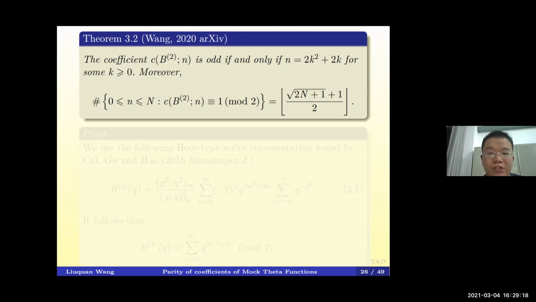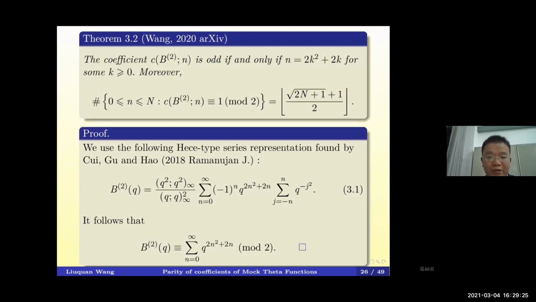As you can imagine, this kind of result is not difficult to prove because the proof is very short. We just need the Heck-type series representation for this function, and this representation was given by Cui, Gu, and Hao by using Bailey lemmas again. So if we use the Heck-type series representation in equation 3.1 and reduce modulo 2 on both sides, then